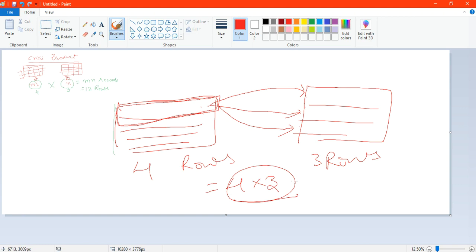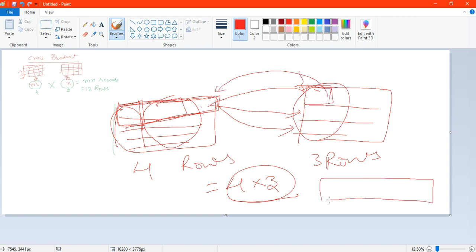Okay, so I have shown you at the very start that some student name was coming from this table, student roll number was coming from this table, and course ID was coming from this table. So some columns were from here and some columns were from here. All these columns were getting appended and printed as a single record, in a single row. But how many rows? It depends on the cross product.